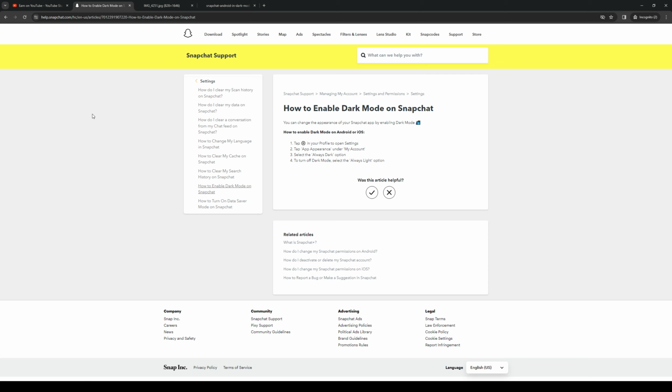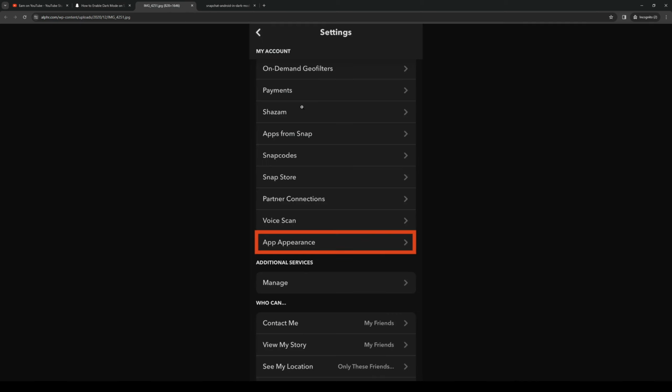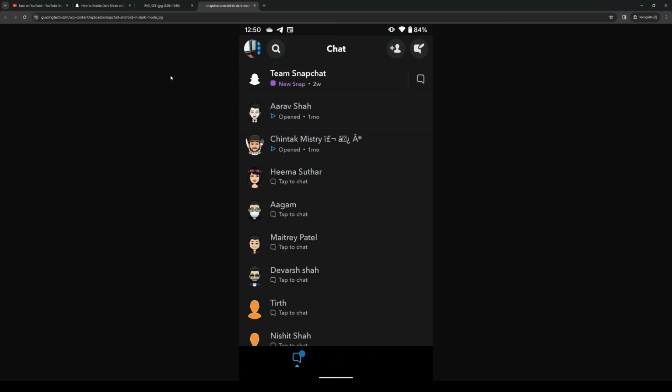Like if maybe light was hurting your eyes too much, then ideally you'd want to go for dark mode. And it looks a little something like this, as you guys can see. So the option is totally up to you, but I personally like to use dark mode as it strains my eyes less. So anyway, with that said, let's actually get to the steps of the video on how to change your